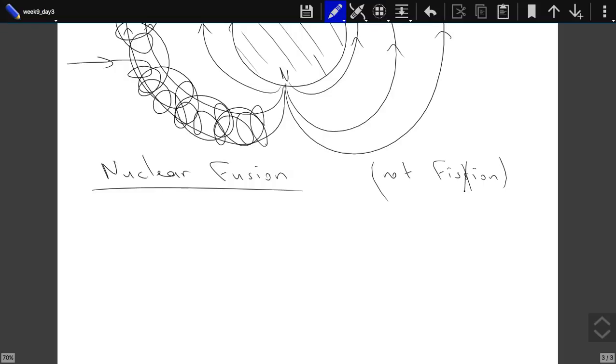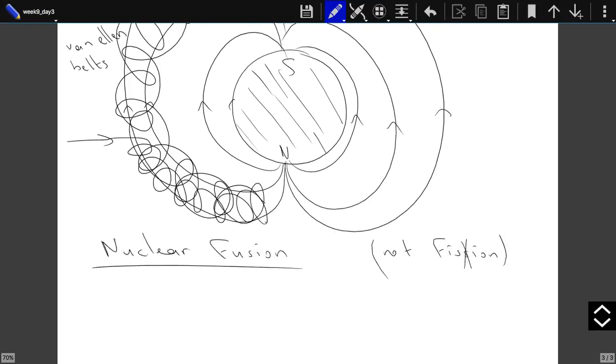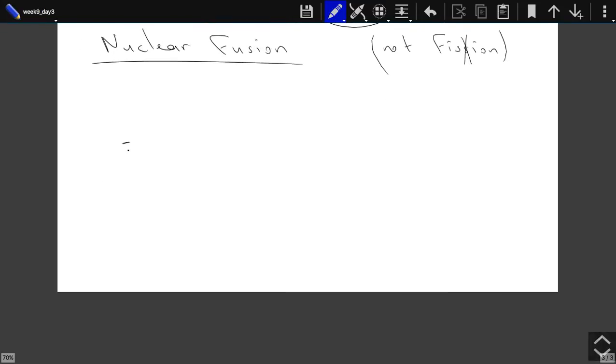But in the sun, you don't need to worry about containing anything, so you just burn everything. On Earth, we have to hold this material in a compact region. We have to create some pressure and also heat. But for that much heat, we don't have any material that can stand it. As far as I know, all materials melt at, let's say, 3,000 or 4,000 Celsius, but these things should go even higher. So how do you hold them in a given place? This is the answer: you create what are called magnetic bottles. You create magnetic fields